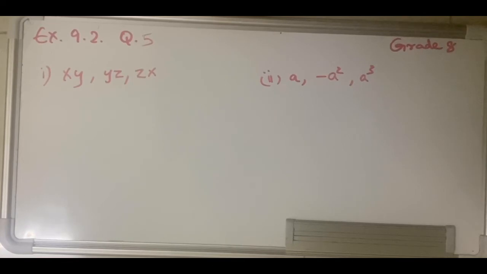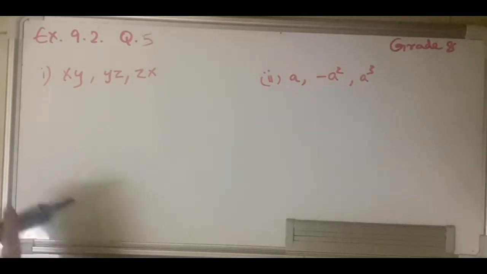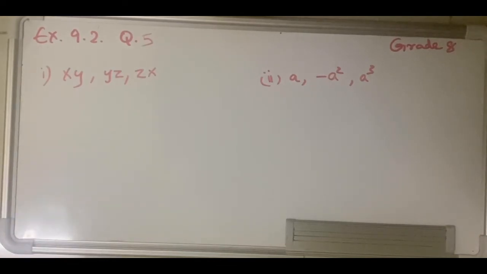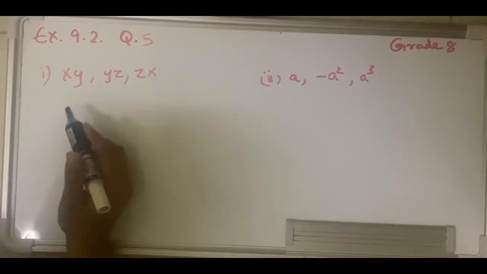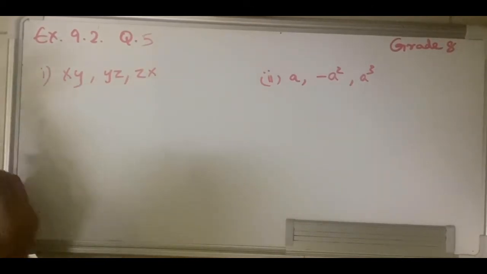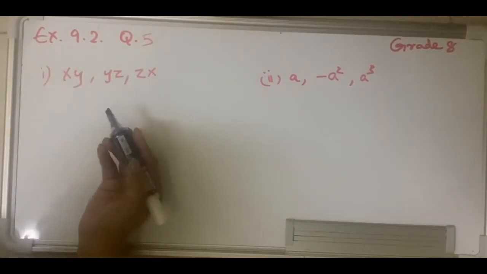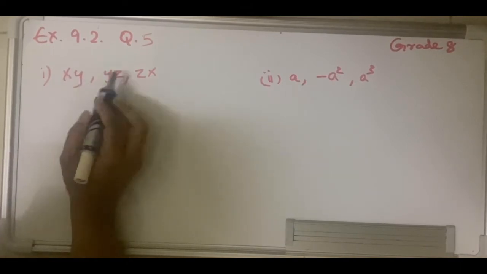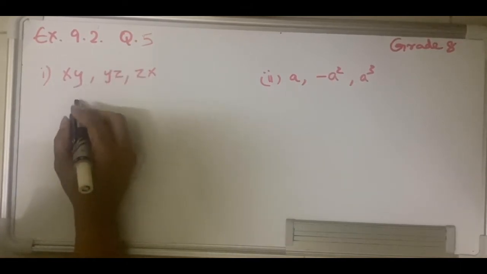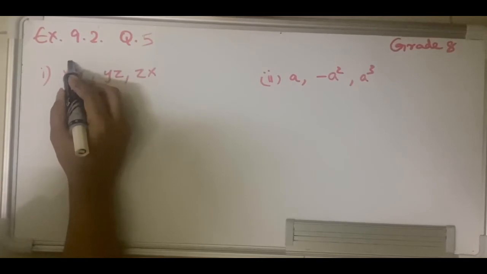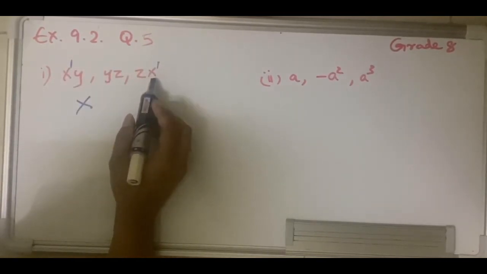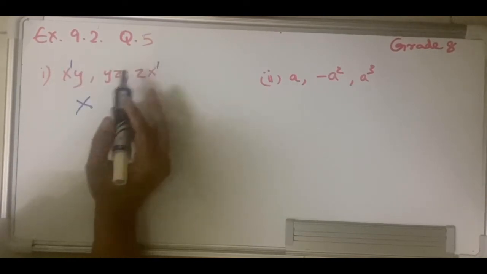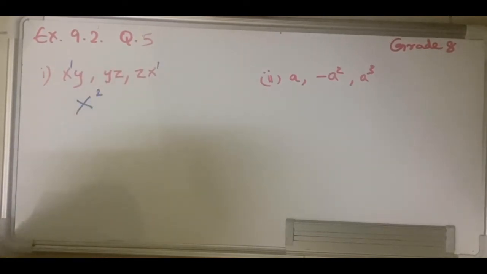It's simply again to find product, right? So the first question, as you can see, there is no constant, right? Like there is no other number, so it's all 1, assumed to be 1. So we need not multiply and show it as 1. So let's directly jump into the variable. So as you can see, x exists in 2 monomials, right? Nothing means you put a 1. So x raised to 1 multiply x raised to 1, which means 1 plus 1 would give you 2. So it will be x square.